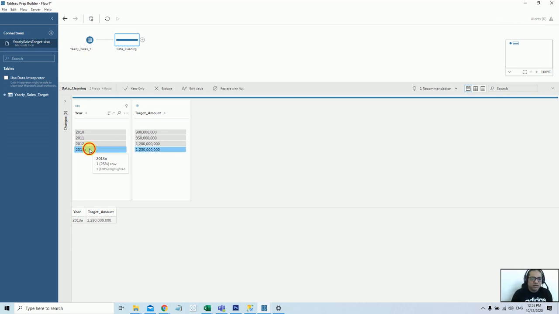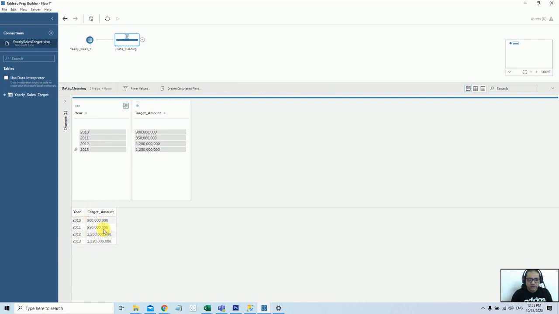Just come here, double click on it, and get rid of any extra value, or if you want to rename it, give a specific meaningful name which matches the other values, and it will solve the error. Now the data is fixed, and you will get all the results. You will get 2013, all the data is here, and if you just unselect this, you will get all the errors.